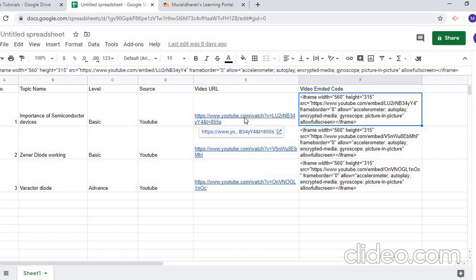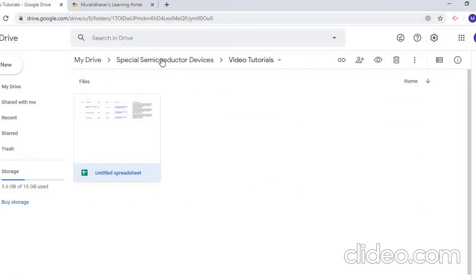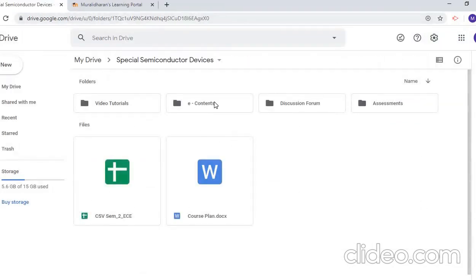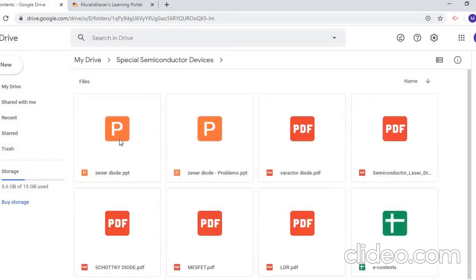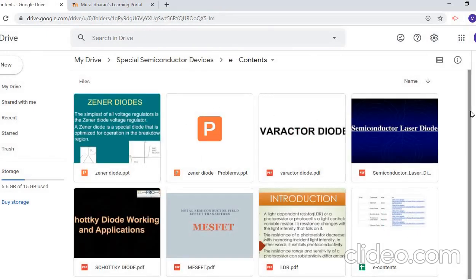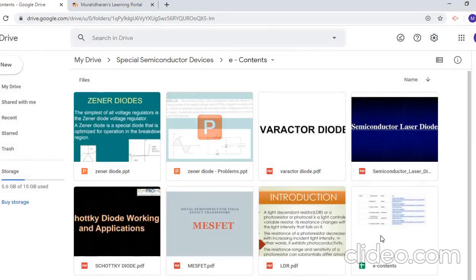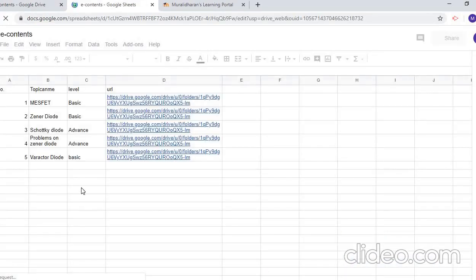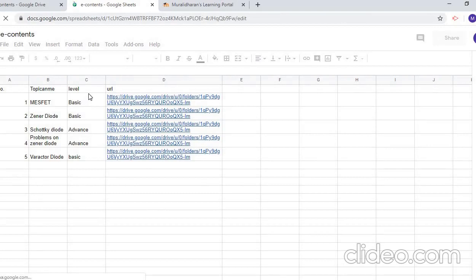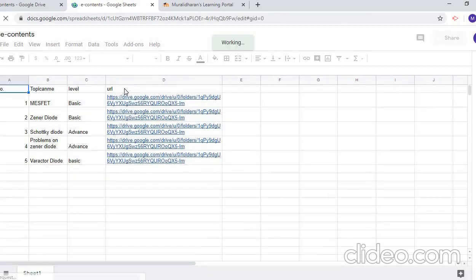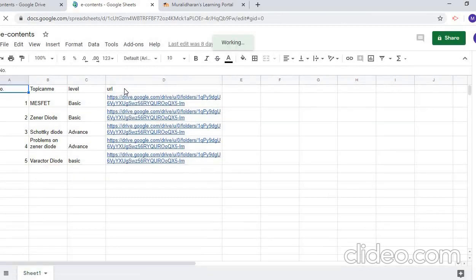So for the video tutorials I have done like this, and similarly for e-contents I have a spreadsheet like this, with the topic name, level, and URL of the content, just this only.